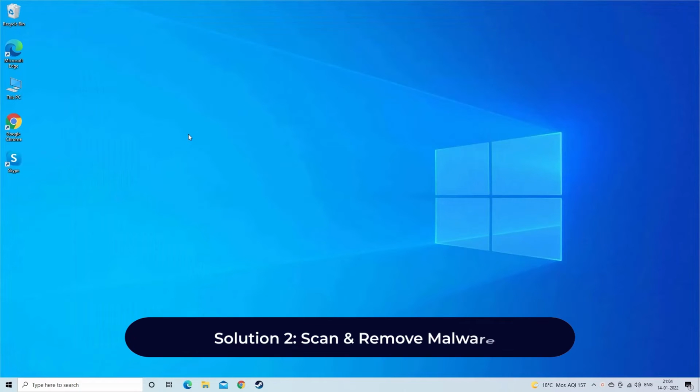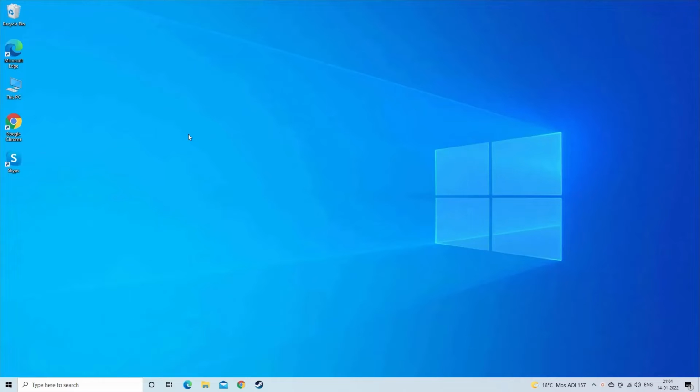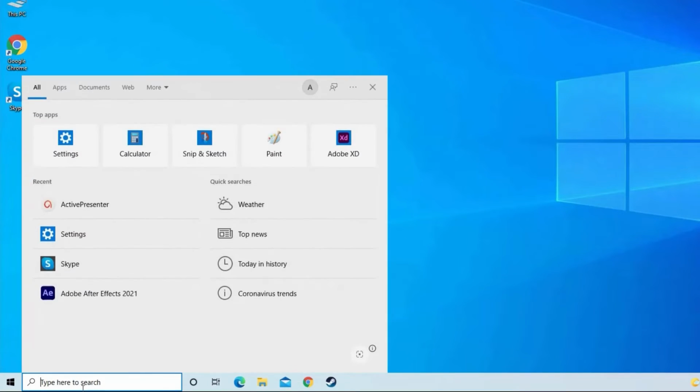Solution 2. Scan and remove malware. Every time you double-click on a video and see this file isn't playable error 0xc10100bf code, it means your PC might be affected with malware. So, to fix this problem, you can use Windows Defender, which is a security tool already equipped on your computer. In order to open and run Windows Defender, you have to go to the Settings,